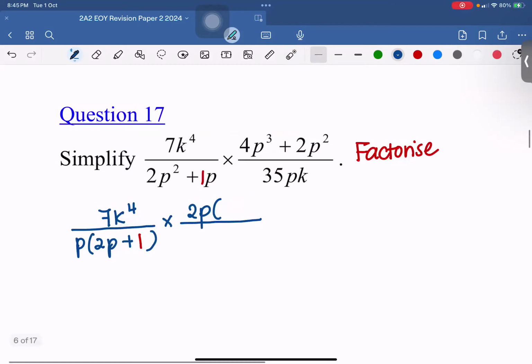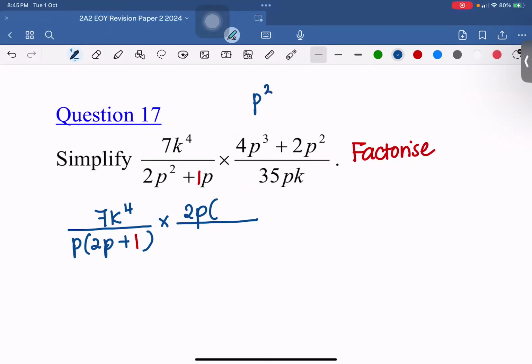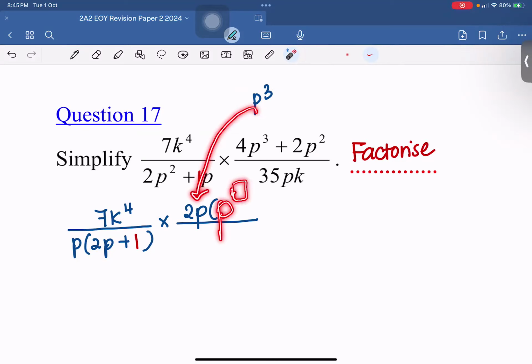Okay, then you become what already? P cube. Here got P cube, got 3 of them. I took out 1, left P to the power of how many? P square. Okay, correct. Plus, then 2P square. Here got P square. I take out 2P, left with